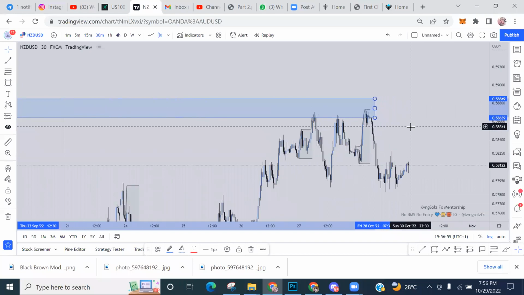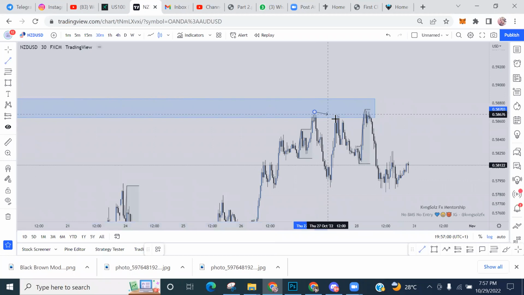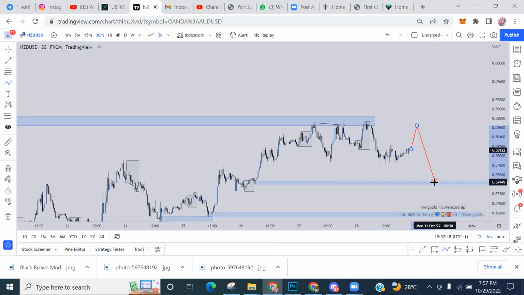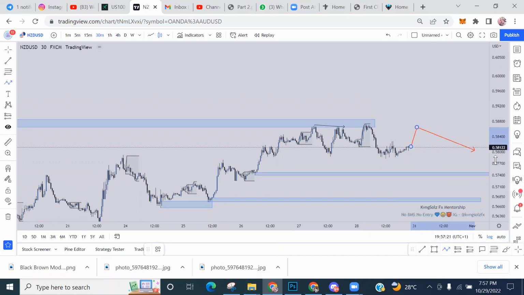So now it has already what? It took out liquidity first of all, right? And then did break structure to the downside. See, giving you what? A change of character. So this could mean price will come to this guy and sell, right? Sell, have your TP here, or if you really understand your pair well, you can just have your TP here. But easy TP should just be here. So sell to here, just leave the market to do its thing and try to buy from here.